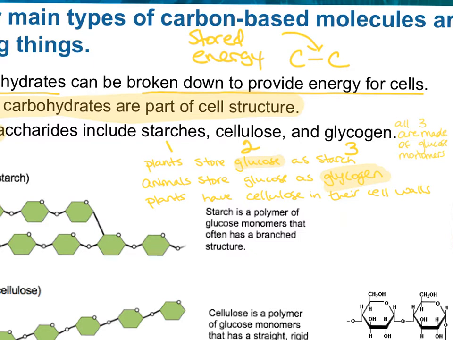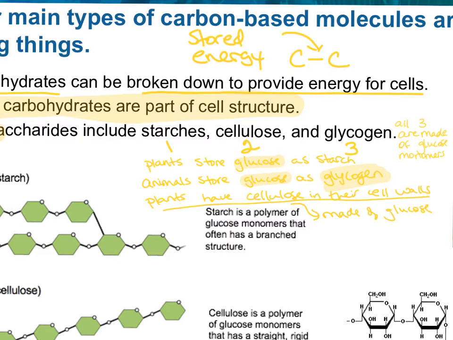So when we talk about glucose, it can be stored as different things. And we should probably add here, plants have cellulose in their cell walls, and cellulose is made of, you guessed it,